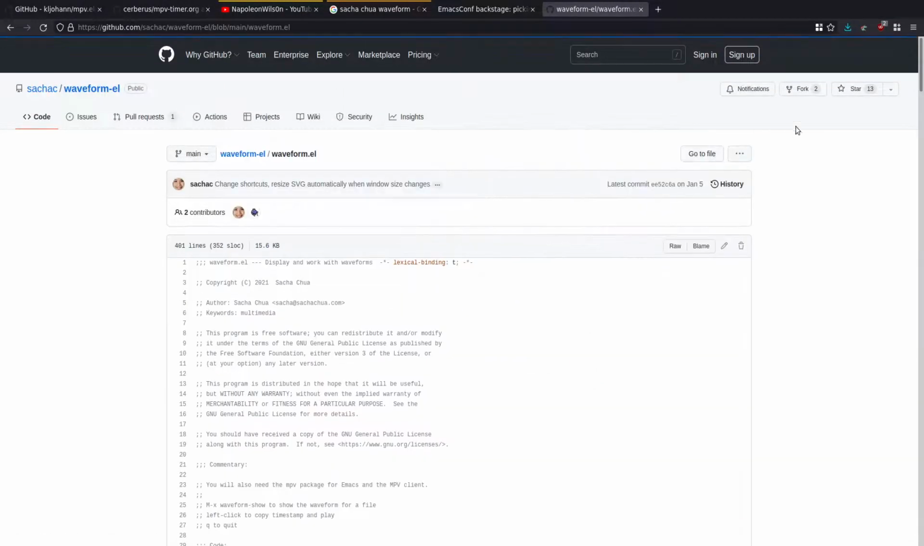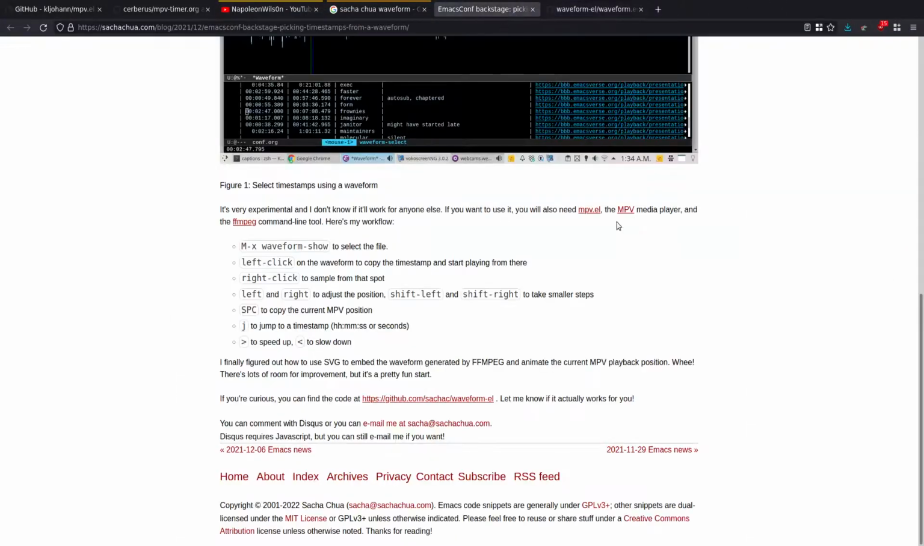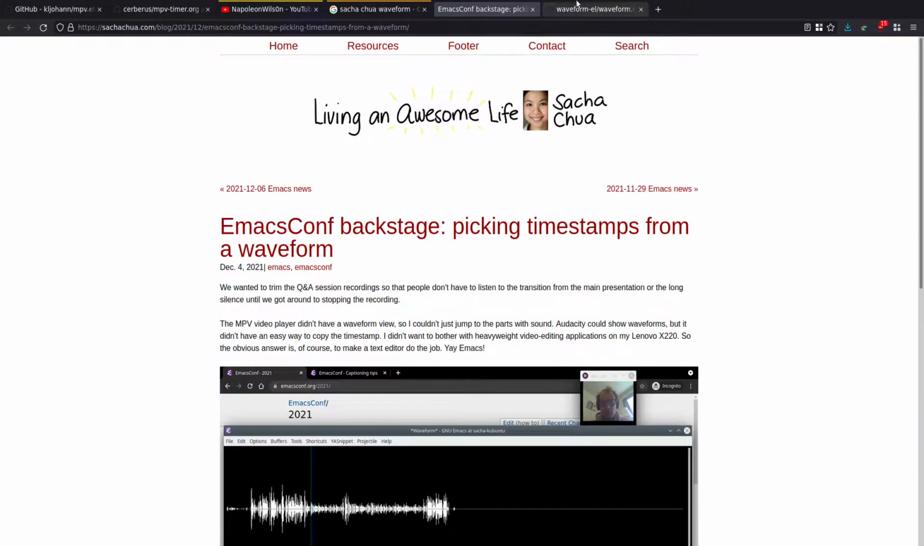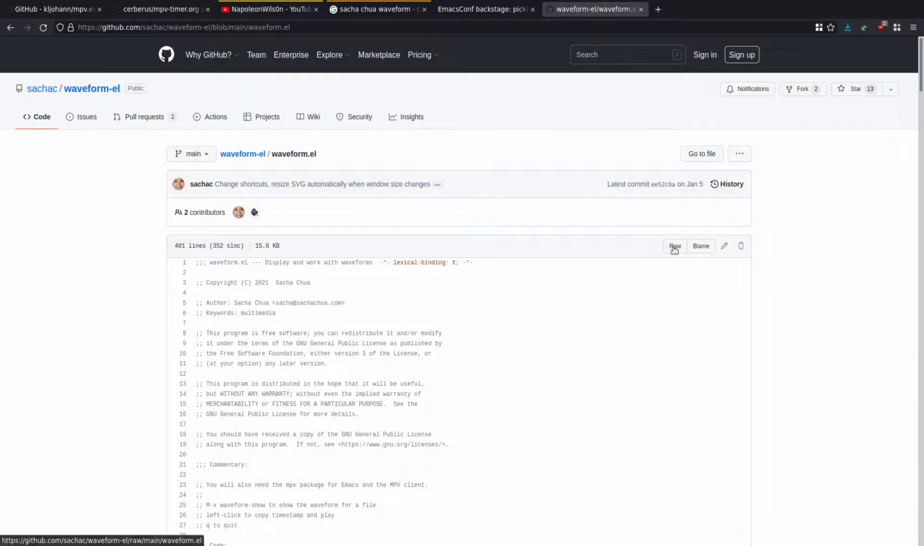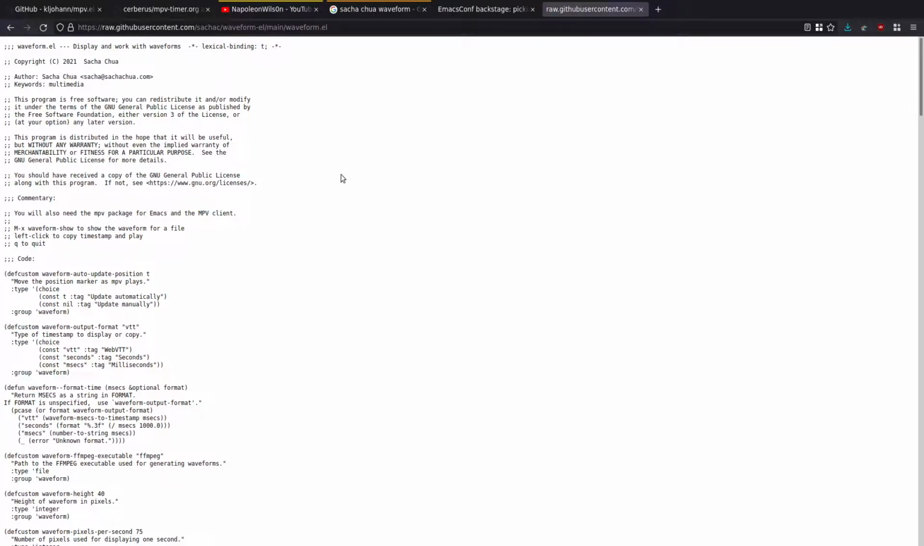So if you just come across here, you can see the actual code that basically does the business. And this is some of the keyboard shortcuts that are defined, but I haven't really played around with this. You can have a look at how this is set up, but it's pretty amazing. And as I said, it's really easy to install. So just come across, go to raw, save it,